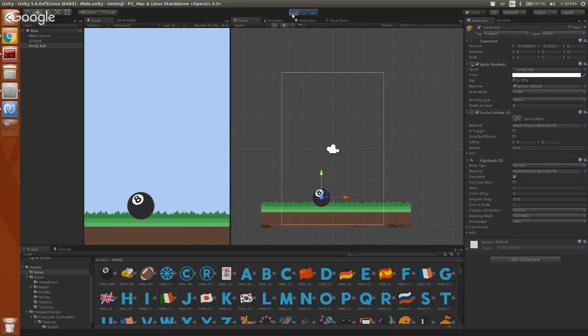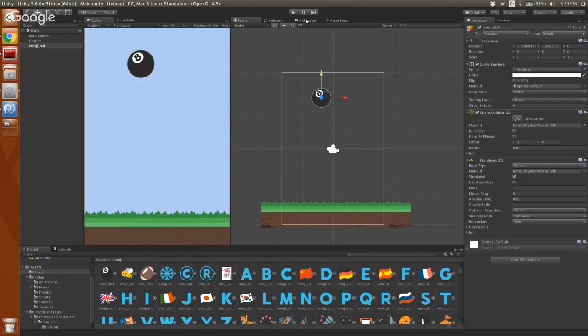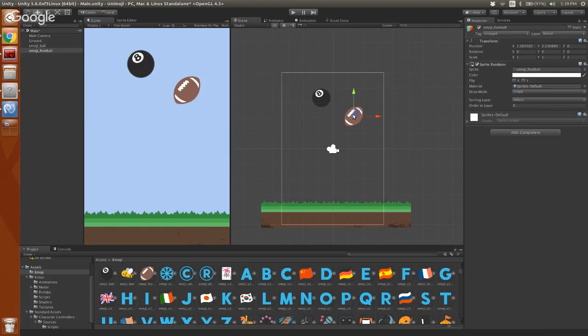So now if we go a little bit farther, if you're building an actual game, your art is not all going to be squares and circles. It gets more complicated than that. So imagine I add in a football. If we want physics to happen on a football, how would we possibly do that? If we add a box collider to this, well, look, it's square.